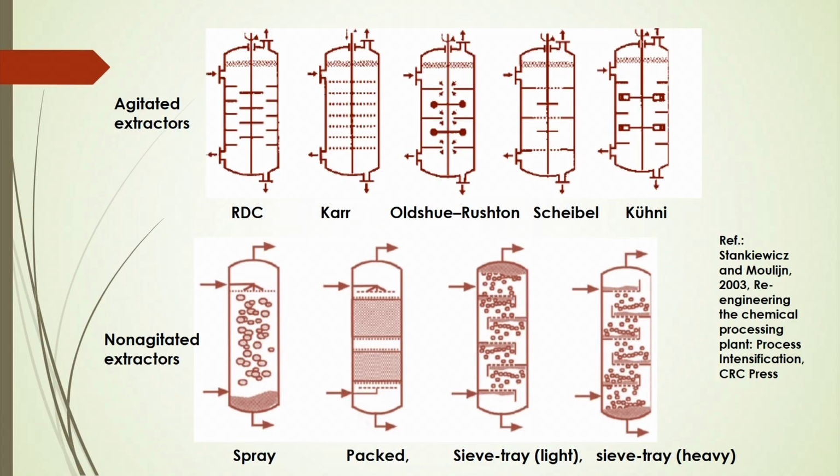Those are agitated extractors where you can produce more interfacial area based on rotation. And for non-agitated extractors, like the static mixer, even the spray column, where droplets will be